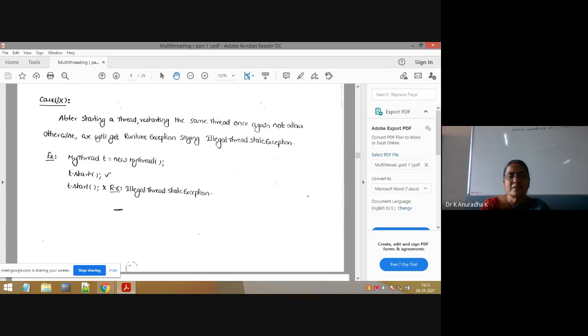What is the next concept here? After starting a thread, restarting the same thread once again is not allowed. Otherwise, we will get a runtime exception saying IllegalThreadStateException. Here, in the morning I explained up to these two points. For each and every thread, I explained one example in the morning. How do we find